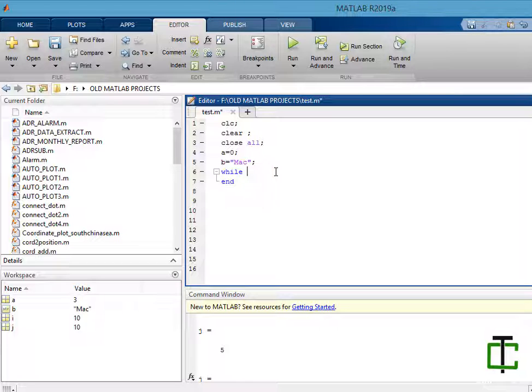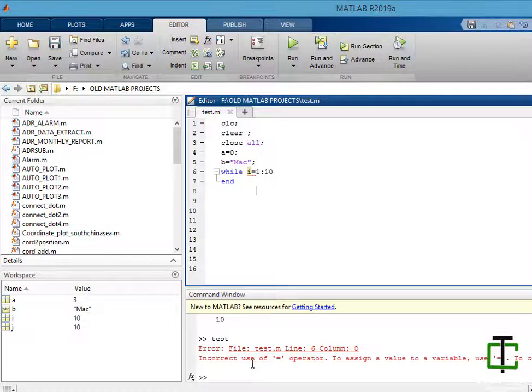Let's see if it does or does not. If i equals 1 to 10, no, it does not. It will show you an error.